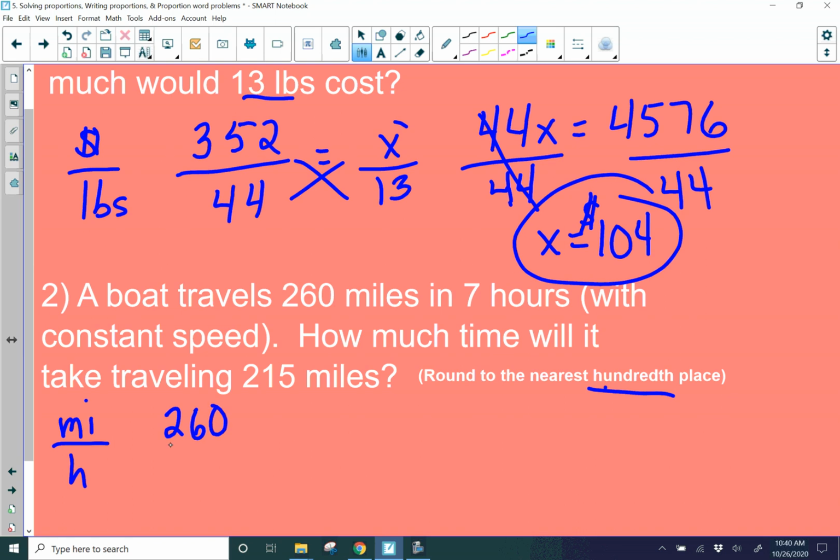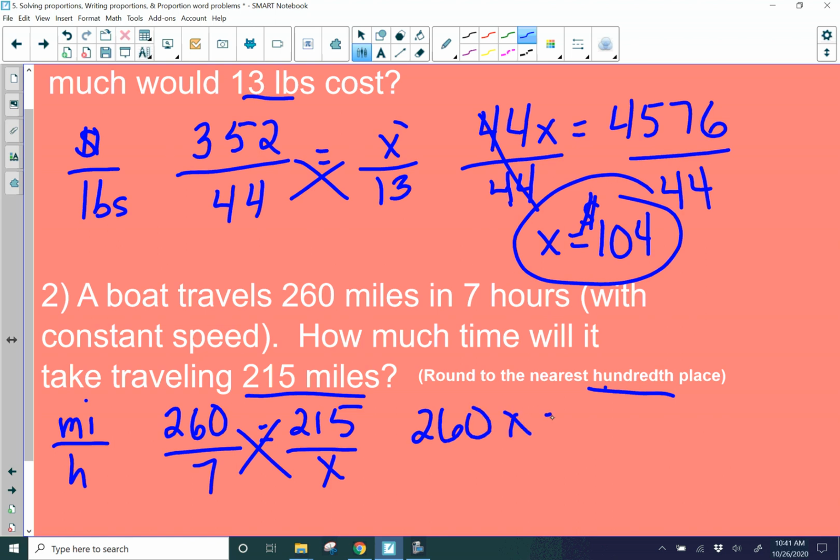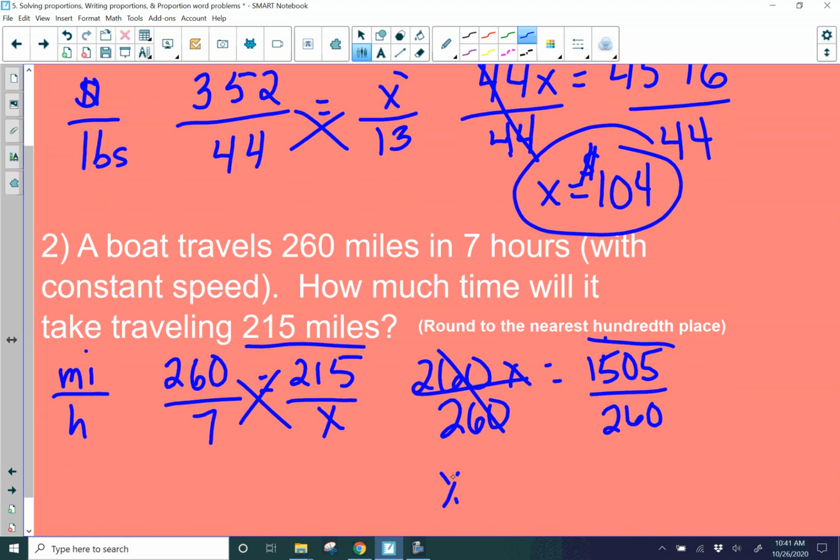So 260 over 7 is going to equal, well, 215 miles. I can see I put miles on top, so that means that x is going to go on the bottom. 260 times x is 260x. And then on the calculator, 215 times 7 is 1,505. And then my last step is to divide through by 260. That's going to cancel out there. And then on my calculator, I'm going to take 1505 and divide that by 260. So that gives me an answer of x equals